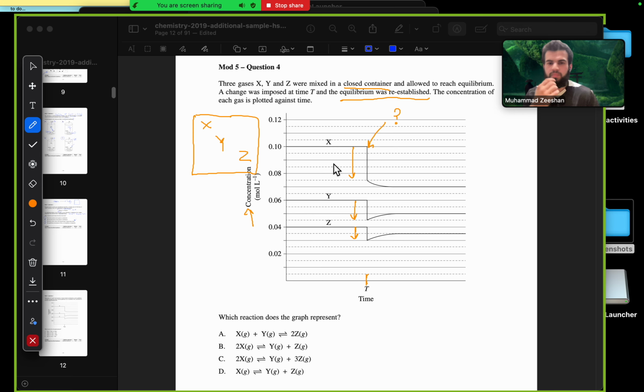Now, the obvious explanation for this is the volume of the system was increased. So the volume went up,